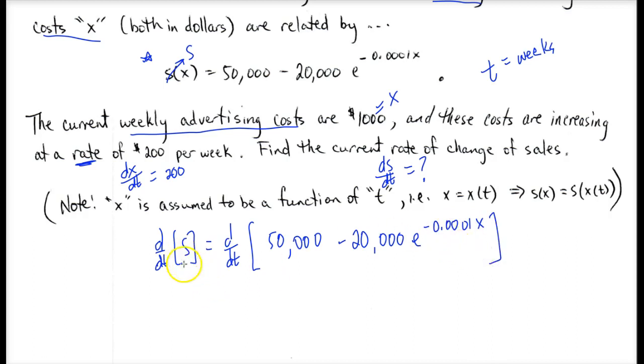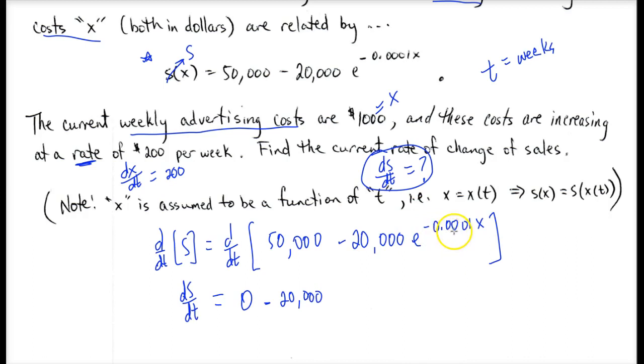Okay, so for this side here, of course, what's inside here is S, so this is just ds over dt, and this is exactly what it is that we're trying to find. So whatever it is that we put here on the right side, and of course plugging in our dx over dt and our x at the right time, we'll get a number. So the derivative of a constant, regardless of what variable you take the derivative with respect to, is 0. And then for the next term, we ignore the 20,000,